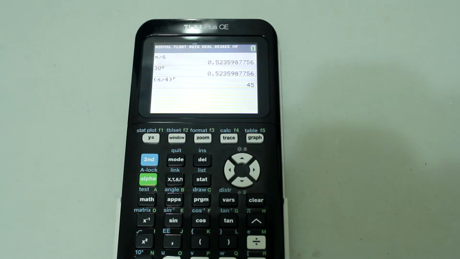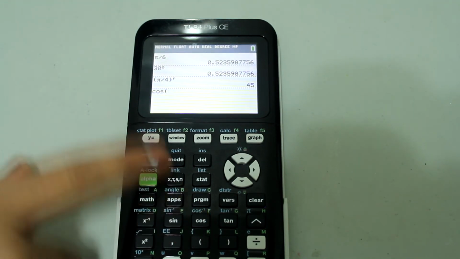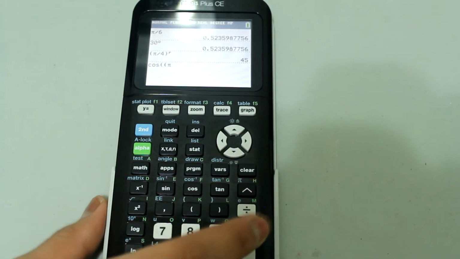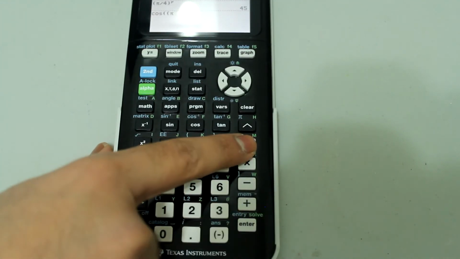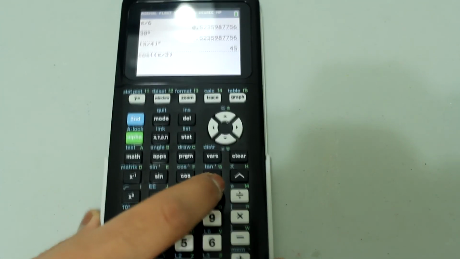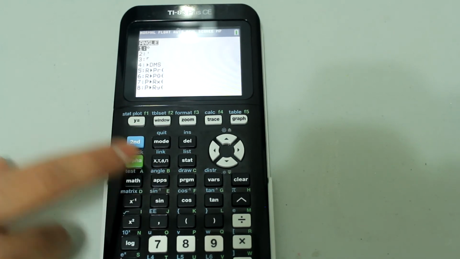So now, since we're in degree mode, let's say we wanted to calculate in radians. So let's say we want to do cosine of pi over 3 while we're still in degree mode. So press cosine, and then one parenthesis opens, but I want to do another open parenthesis, so press parenthesis and second this button to get pi, divide 3, then close the first parenthesis, and then second the apps button to choose angle,